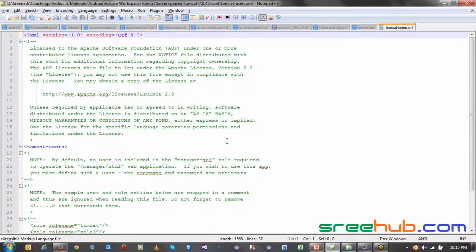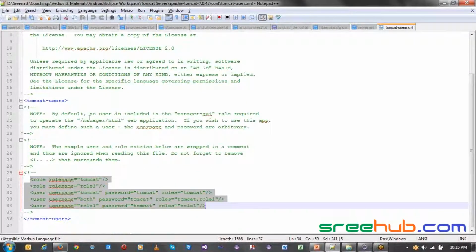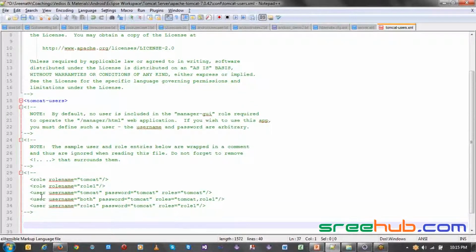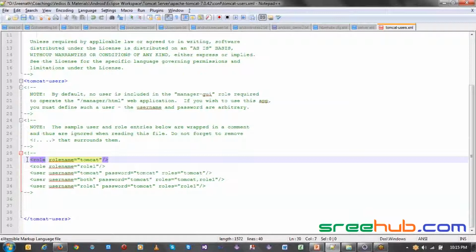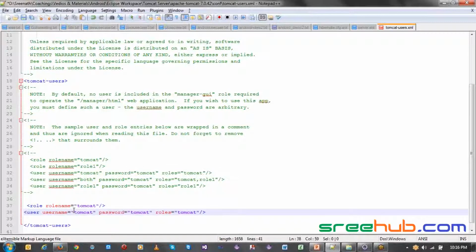Now basically in your Tomcat, by default the Tomcat users file will be completely blank. You can see everything is commented, which means it is completely blank. Here we have to create our user roles. Let me create one user role here. By default, one user in Tomcat is admin.